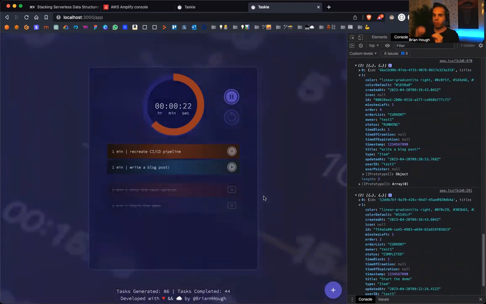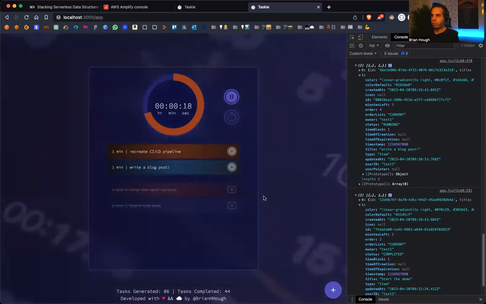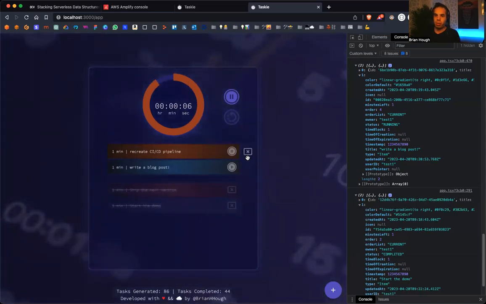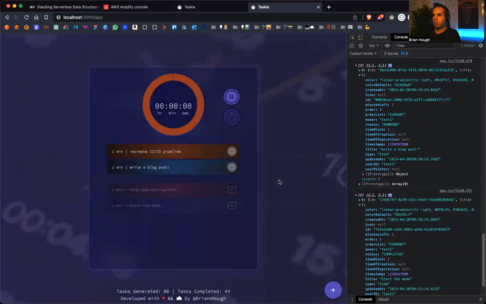And this is happening really fast, and this is actually not happening through a WebSocket. This is just queries, and then running that when certain events happen. So basically, I think that this is a really efficient way to just